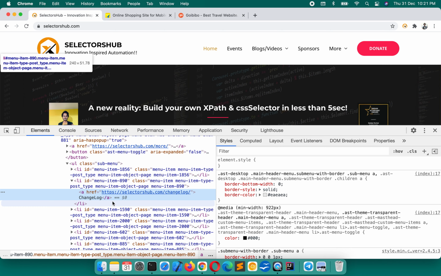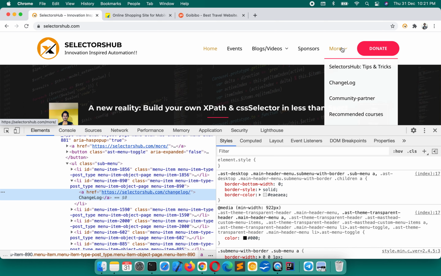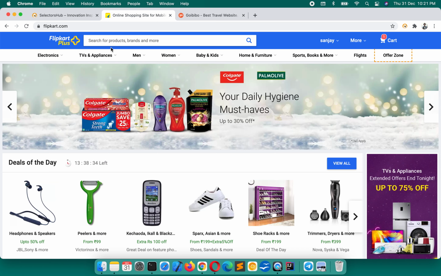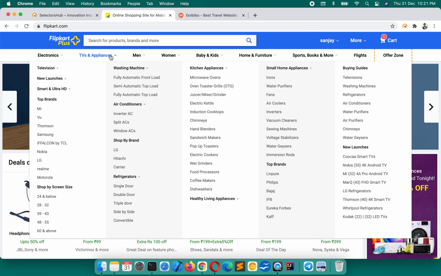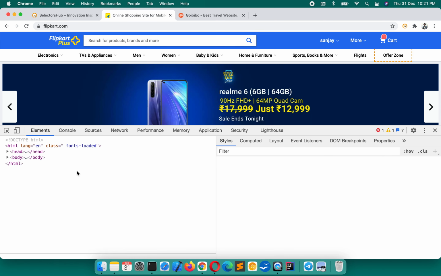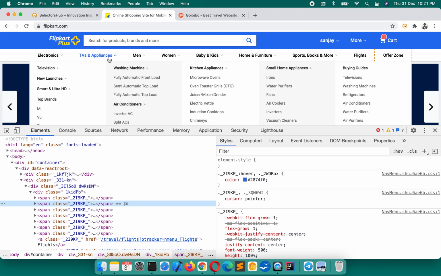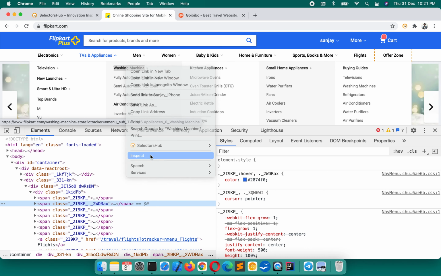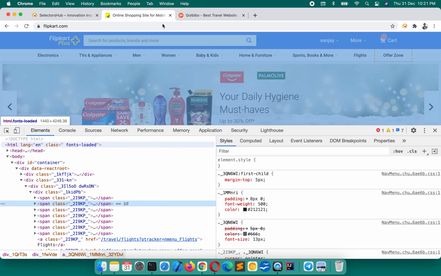So one is this kind of drop down which is always there in the DOM, no matter when you hover, it is always there. Another type of drop down, you see this one, when you hover on this, it's showing the drop down. Now if you right click and try to inspect this element, it disappears from the DOM. We cannot inspect such elements like this. If you right click and inspect, it is not available here.